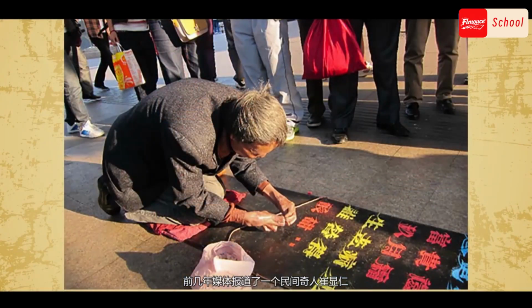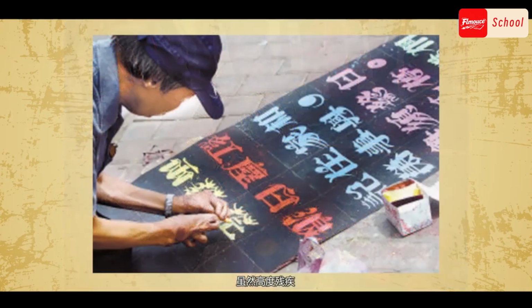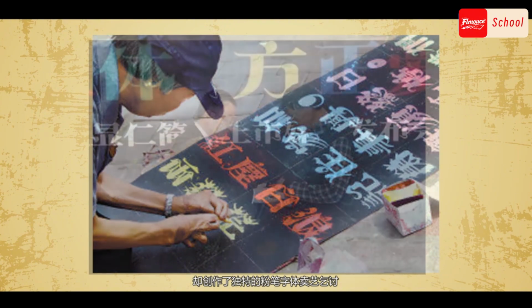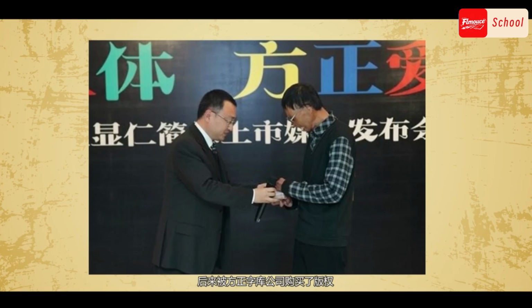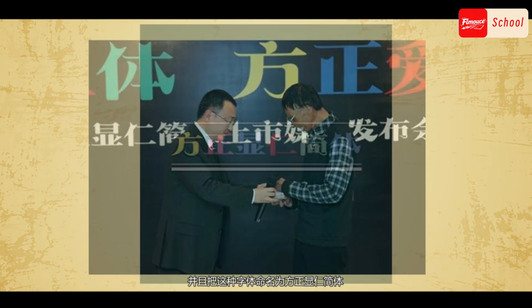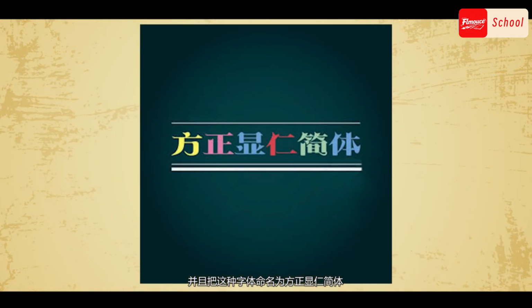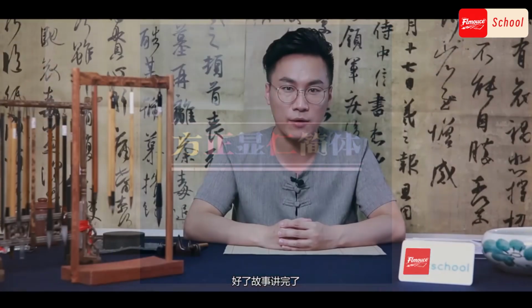A few years ago, the media reported a folk genius, Kui Xianren. Although he was highly disabled, he created a unique chalk font, begging for money. Later, it was purchased by Founder Fonts and named the font Fangjing Xianren. Maybe you can create your own calligraphy style. Well, that's the end of the story.